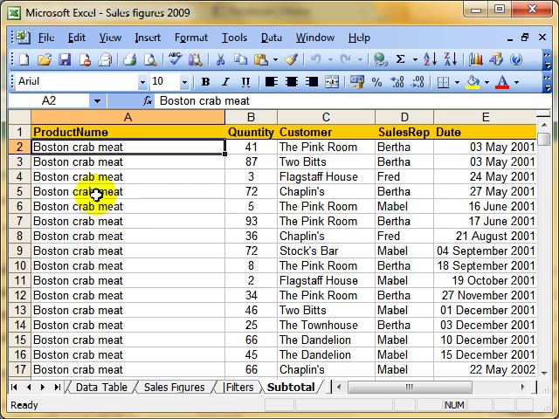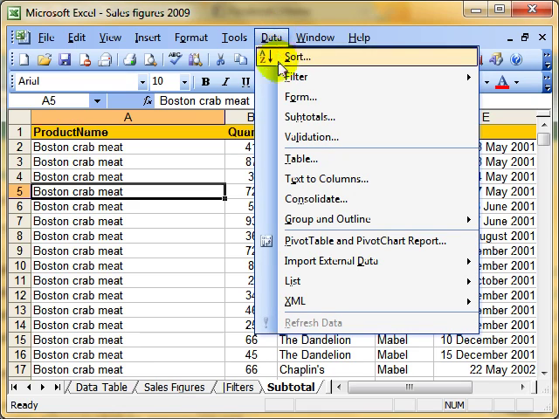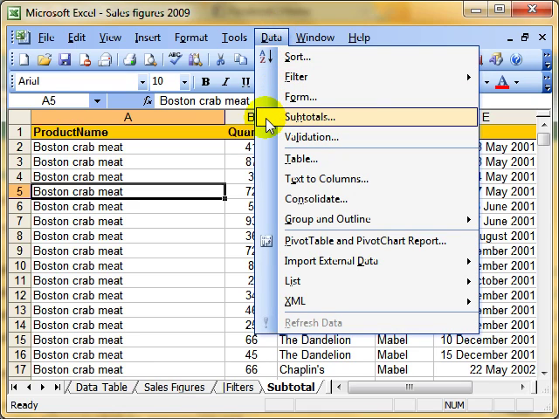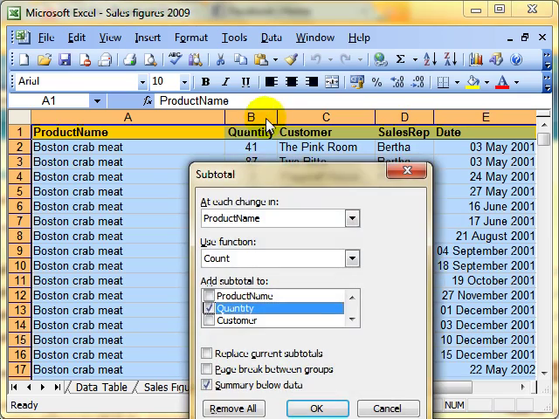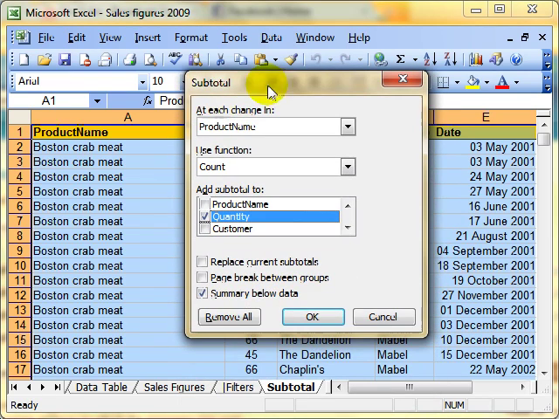Just make sure your selected cell is somewhere in the data list. Select Data, drop down to Subtotals, and we get the Subtotal dialog box. And what this is saying is,